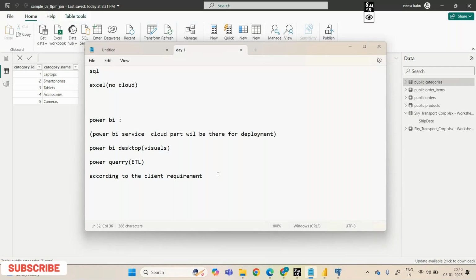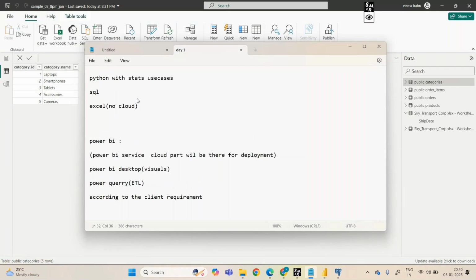But a few companies prefer it. Suppose, as per the client requirement, you have to work with it, so we have to learn all these things. Why? Because any service based company wants multiple skills. They'll pick the employee who has multiple skills.